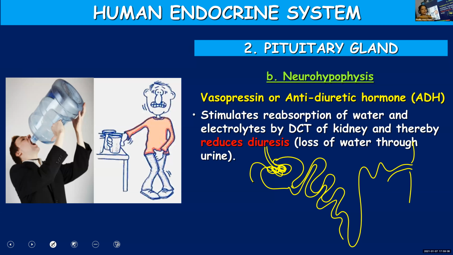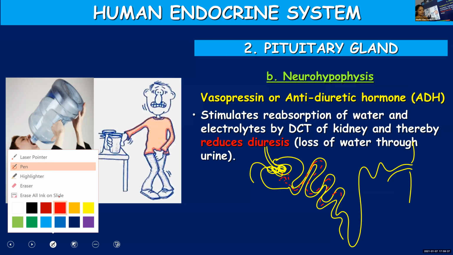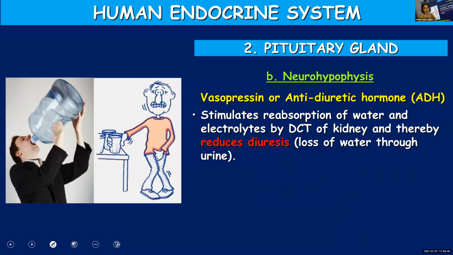As blood passes through the glomerulus, some substances get filtered out. You call it as glomerular filtrate. And this glomerular filtrate, hope you're remembering all these. As the glomerular filtrate which is formed moves through this tubule, many of the useful substances will be reabsorbed. Water, electrolytes, etc. get reabsorbed, and in this way it will reduce diuresis or loss of water from the body. A major part of the water gets reabsorbed and it prevents water loss.